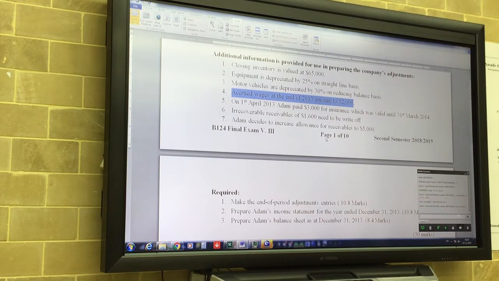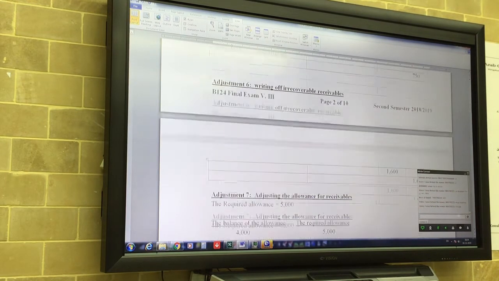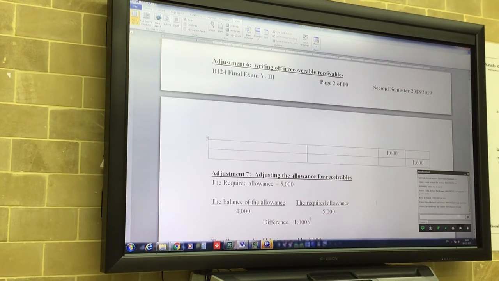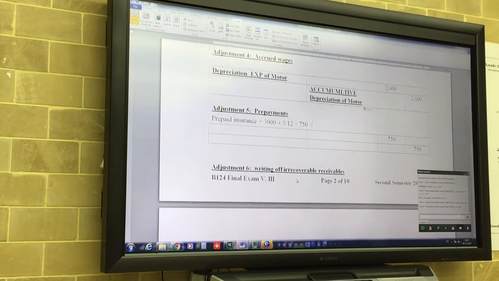So the debit will be wages expense, and the credit will be wages payable, or you can write accrued wages. Okay? So you can write in the credit accrued wages, or you can write wages payable. So in number 4,